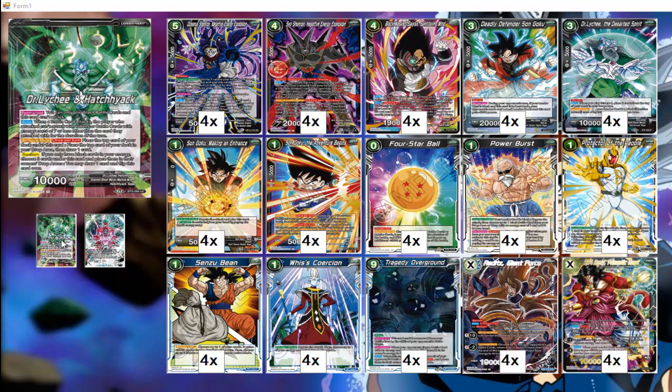So this is my Hatchhyack Endless Combo Tragedy Overground deck, or Hatchhyack Endless Tragedy. So, one copy of the leader,